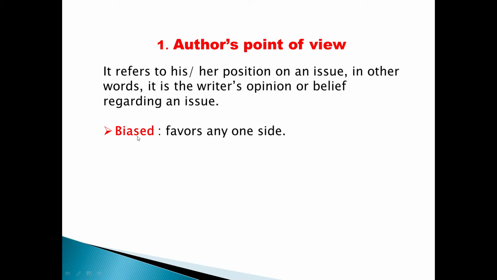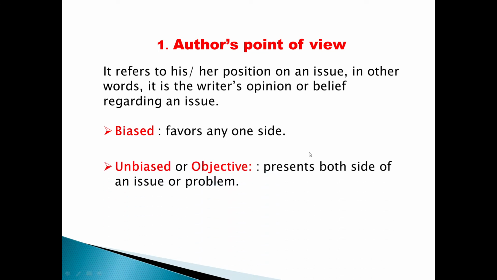So this biased point of view can again be subdivided into positive point of view, that is biased positive point of view, or negative point of view. Because he is being biased, he can either write only good about it. Okay, that is, he can agree to a topic, he can be very positive about the subject, but he can also be all negative about the subject, disagree and not support it. So biased point of view can be subdivided into positive point of view and negative point of view.